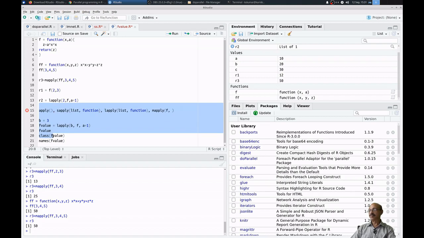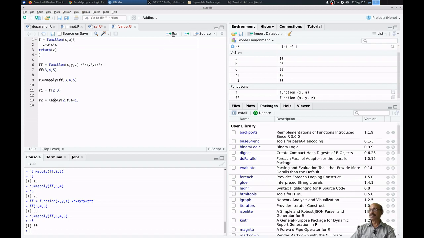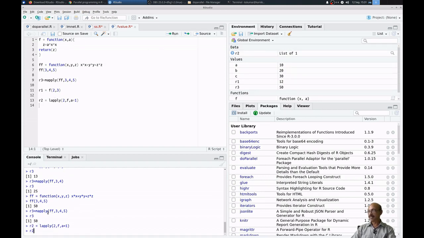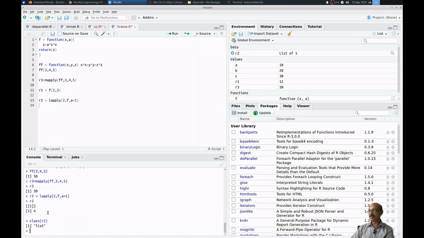So, how do you know that something is returned and what are the values? Like you return this actually. Now R2, what is R2? R2 is a list actually. You wouldn't know whether it is a list or a data frame or a matrix or whatever. So how do you know that? There is a command called class R2. Class R2, if you enter, it will show that it is a list. Any value, say for example class A, it is a numerical value. A is a numerical value. Even if it is a vector, it says numerical. For a data frame, it shows what kind of variable it is. So this is how you write a function.